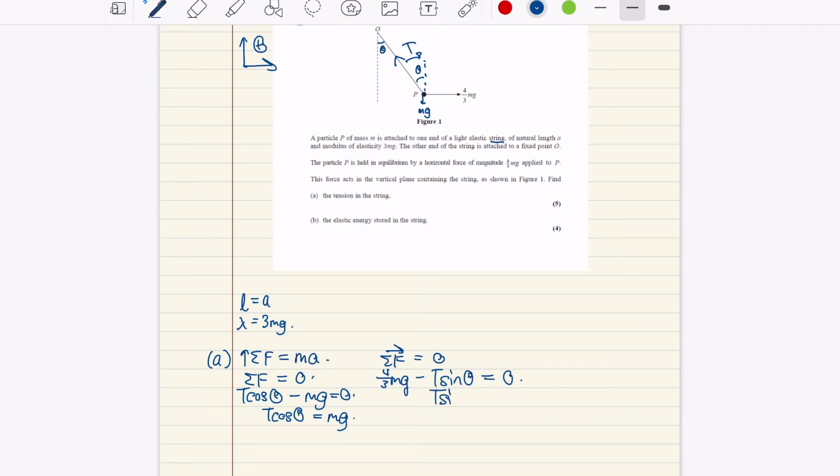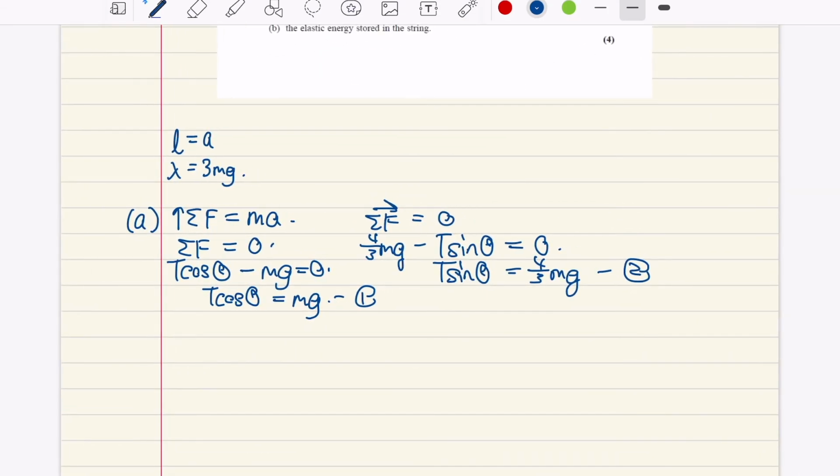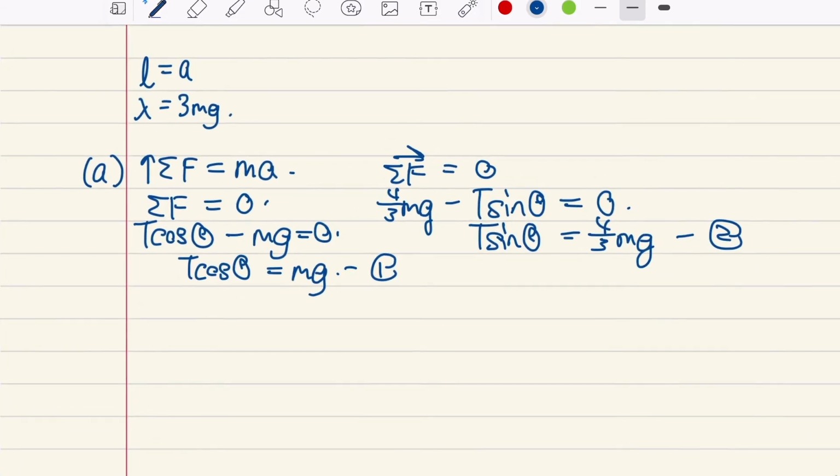So T sine theta equals 4 over 3 mg. So this is the first equation, and that is the second equation. We don't have theta, so what can we do about theta? Here we can square both of these equations and add both of these squared equations together. So the first equation squared plus the second equation squared,